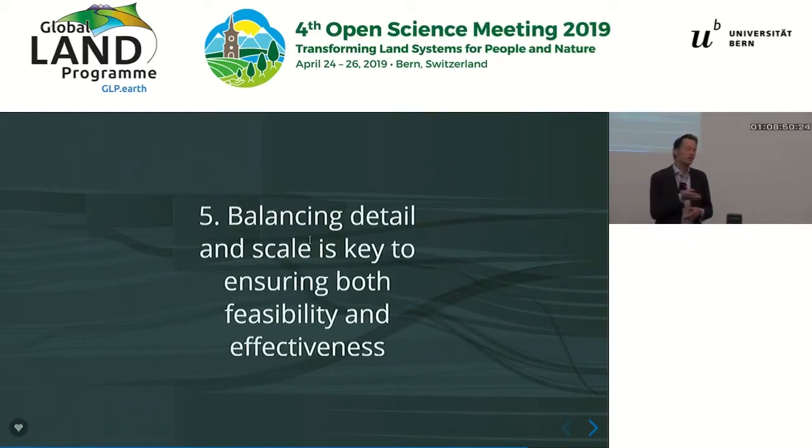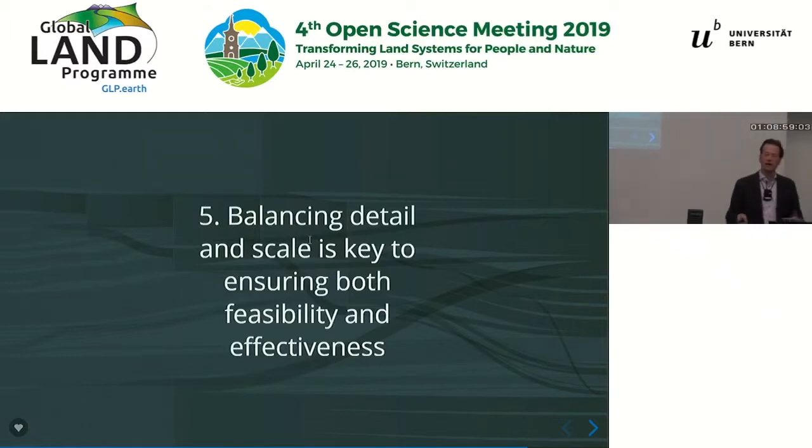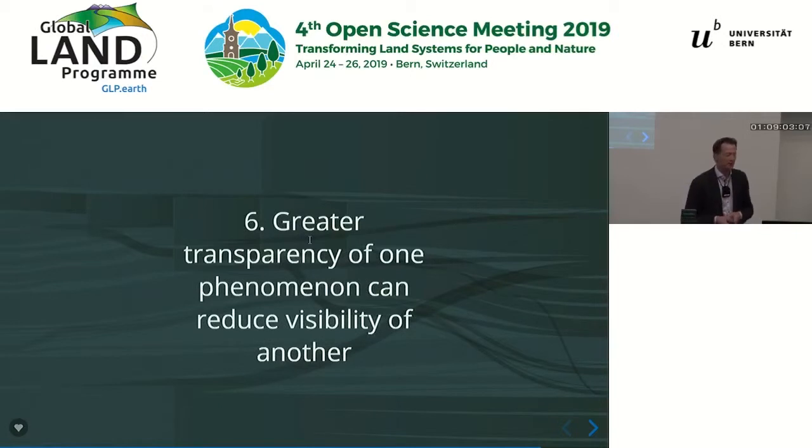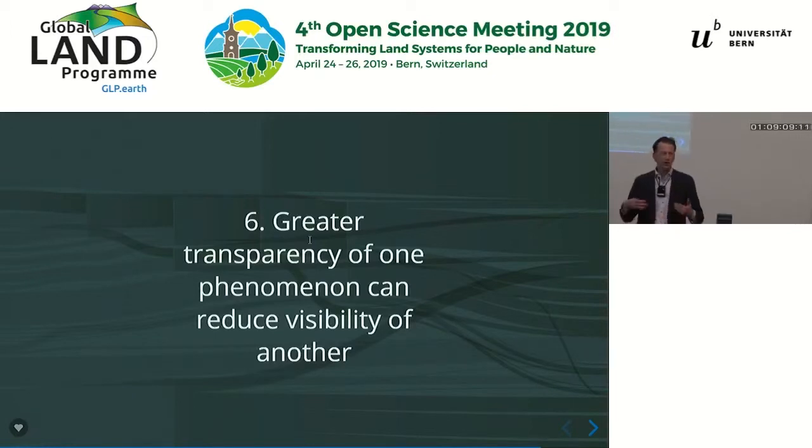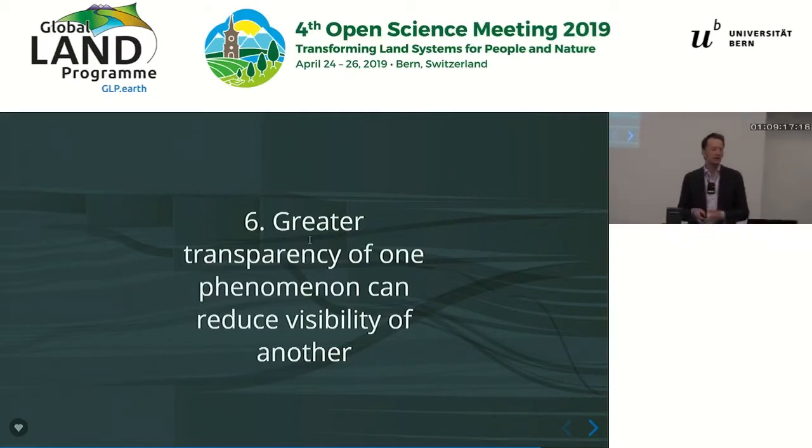And just to repeat my first point, here I think the critical lesson is what are the stopping rules? Not just the starting rules, if you like, of what you need to do in trying to collect the right kind of information, but when have we got enough? And what can we do with existing information? Greater transparency of one phenomenon can reduce visibility in another. And this has caused me to pause to think quite a few times, because we're faced with the challenge of selecting what indicators to put on the platform. You can't put all of them because that just results in decision paralysis, and people throw up their hands.